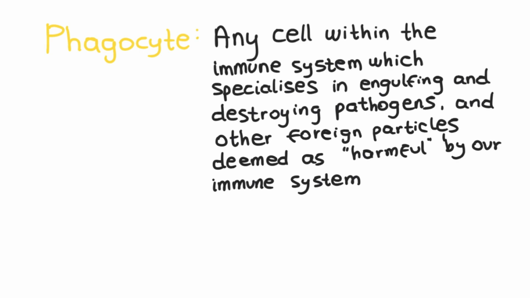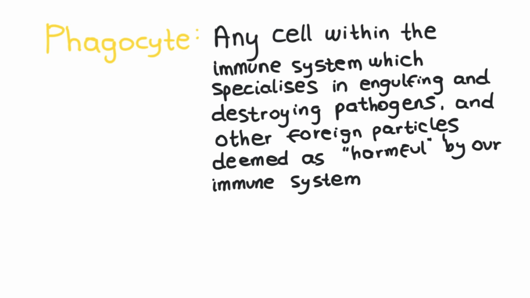Continuing on, I would like to define another very important term in immunology: a phagocyte. A phagocyte is a term used to describe any cell within the immune system that specializes in engulfing and destroying foreign particles, for example, pathogens, cellular debris, and other harmful substances. So here is the definition of a phagocyte written out for you. There are many cells which do exhibit phagocytic properties, but the main phagocytes that exist are neutrophils, macrophages, and dendritic